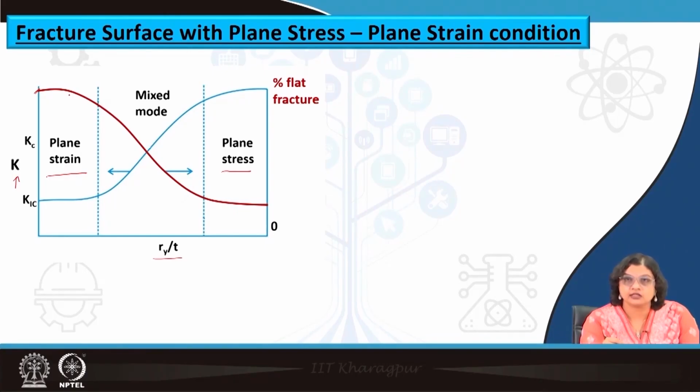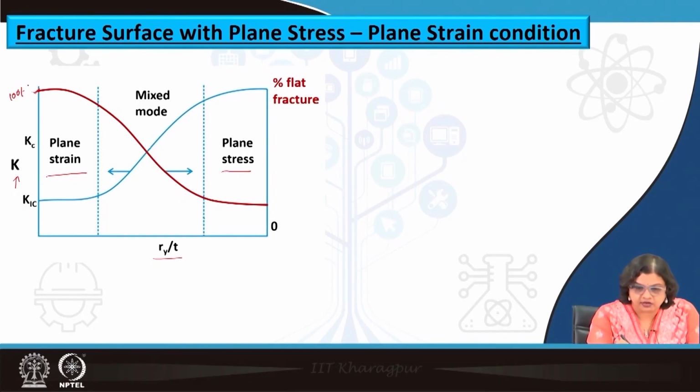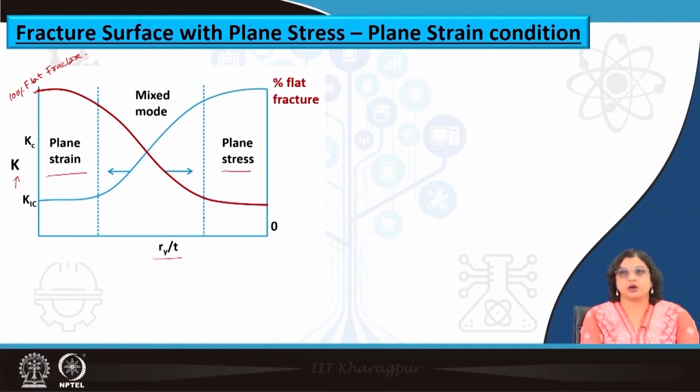So, that means the fracture mode is elastic, or it follows linear elastic fracture mechanics. In that case, if we have a brittle fracture, we are going to see a flat fracture surface, right. So, we are seeing 100% flat fracture surface here. Okay. If you recall, in the very first lecture, we have discussed the change in the fracture surface